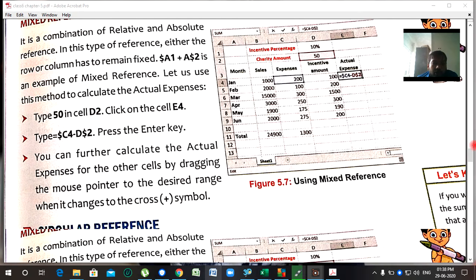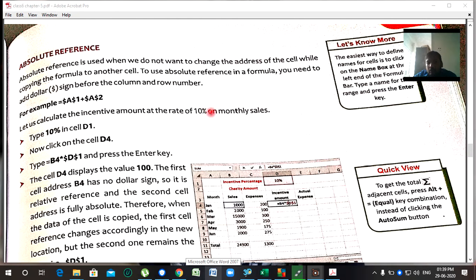Now see here. Absolute reference is used when we do not want to change the address of the cell while copying the formula to another cell. To use the absolute reference in the formula, we need to add the dollar sign before the column and the row. If you don't want to change the value of the row, then we have to put the dollar sign before the row value.